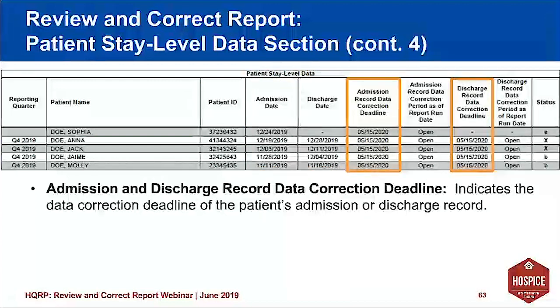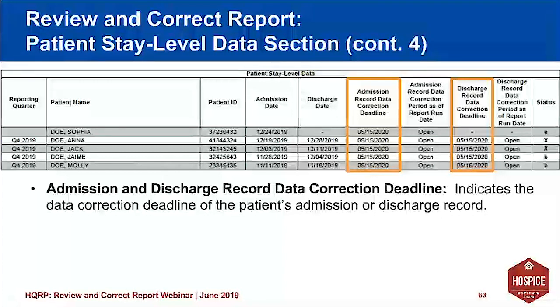Next, we're looking here at the two columns that are highlighted in orange, the admission and the discharge record data correction deadline. So for the admission record for this particular patient, if we're looking at Anna Doe on line 2, it was Q4 of 2019. So the data correction deadline for that is May 15th of 2020.